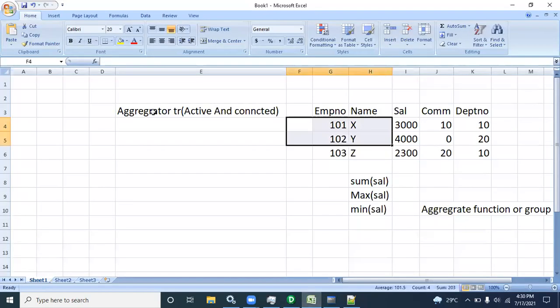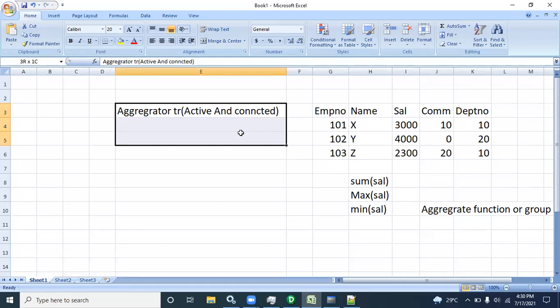Okay. So how will the aggregate function work? The same function, in Informatica, we can implement using the aggregator transformation. Same logic: group by function, same as Oracle.